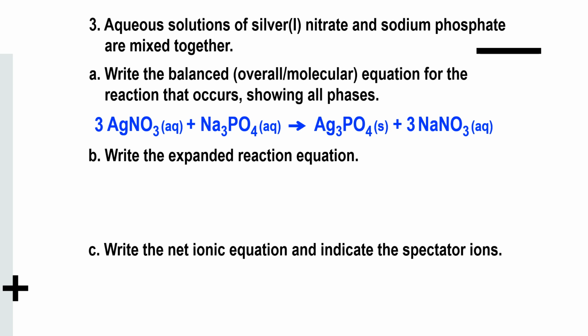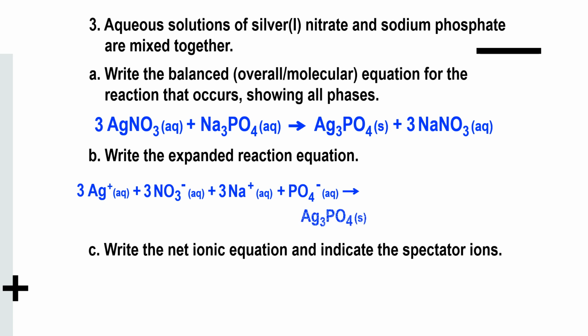So in this case, we have 3 silver and 3 nitrate, right? And then we're going to have 3 sodium with 1 phosphate, right? So with just 1 PO4 3-. And it's going to give us our solid, which does not separate, it just stays in place. And then we're going to have another 3 sodium with 3 nitrate. So now we have a balanced